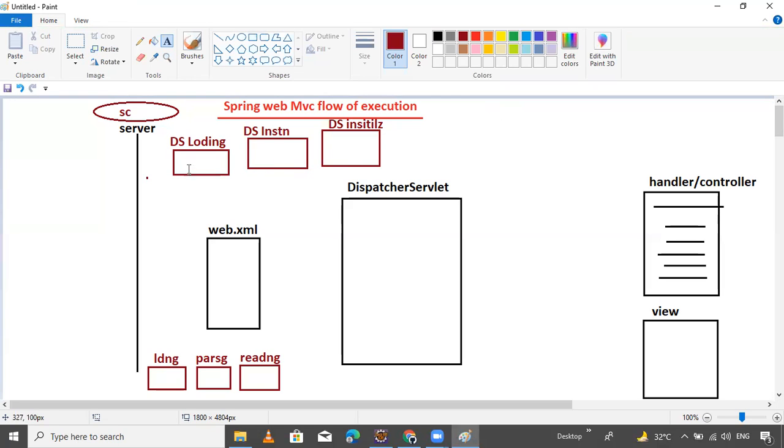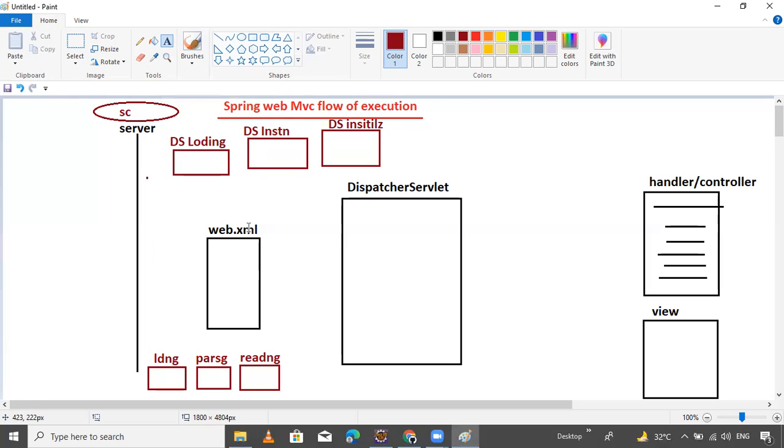At the time of server startup, these many things it's doing. The container identifies the load-on-startup configuration, finds where the dispatcher servlet class exists, first inside the classes folder, and if it is not available there, then in the lib folder.